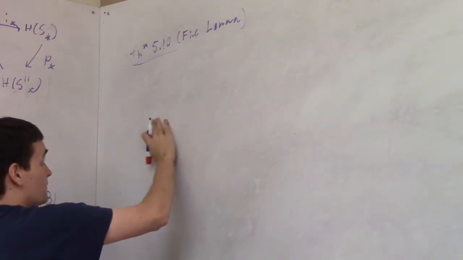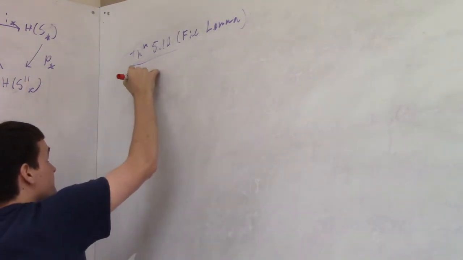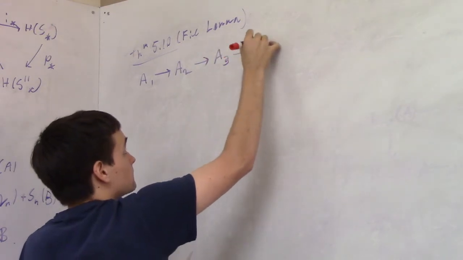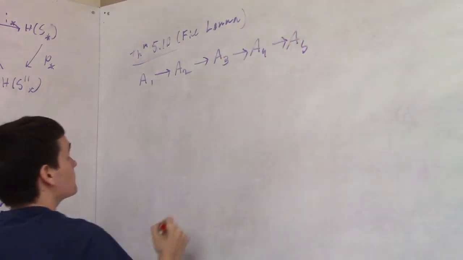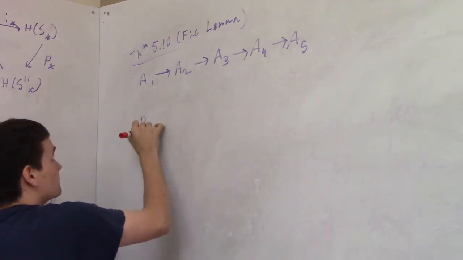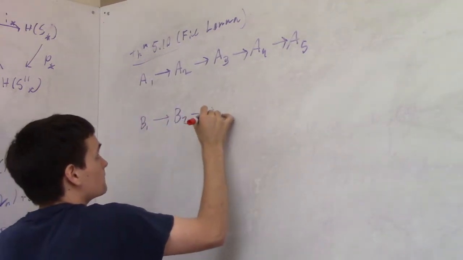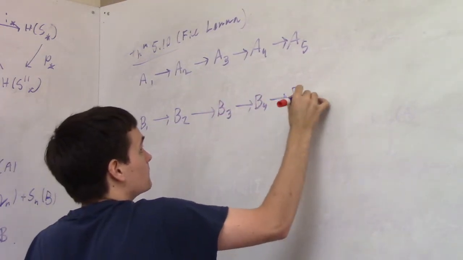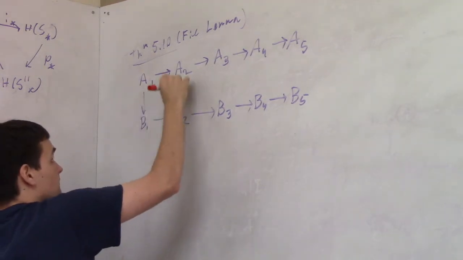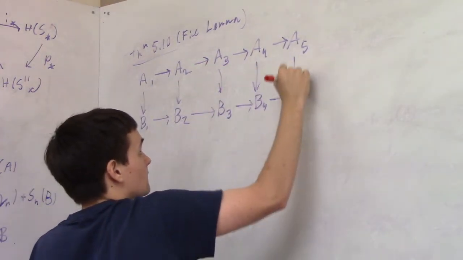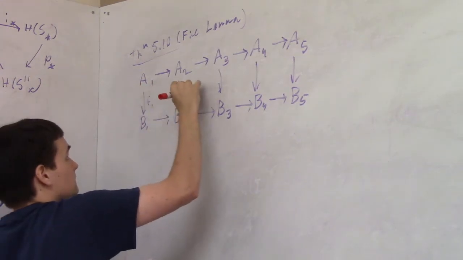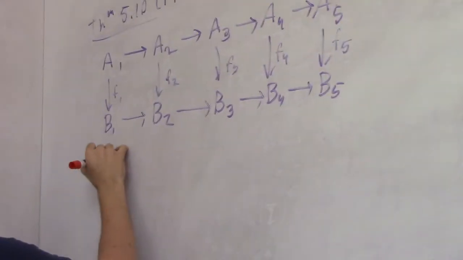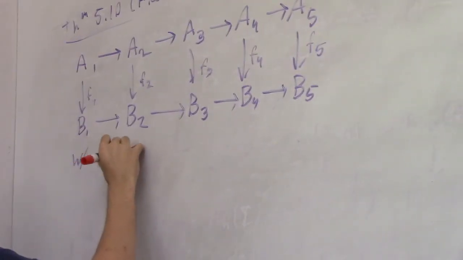If you have the following commutative diagram with exact rows, with rows exact,